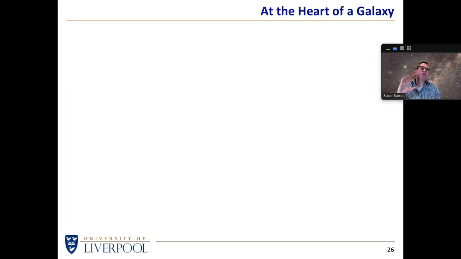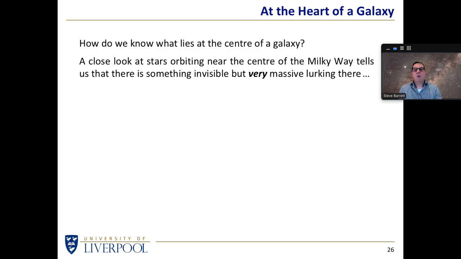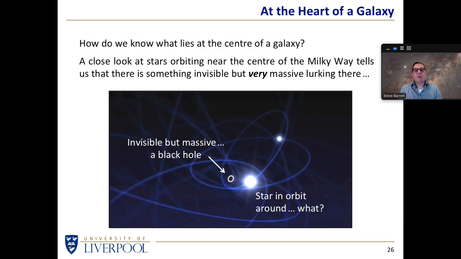That's what happens to stars around us. When we look out into the night sky, the stars we see are relatively close, hundreds or perhaps thousands of light years away. But what's going on at the very centre of our galaxy? How do we know what's going on there? Well, recently it's been possible with modern telescopes to look at the heart of our galaxy, and it's been deduced that there are stars orbiting at the centre of our galaxy which appear to be orbiting around something that must be very massive, but which we can't see.